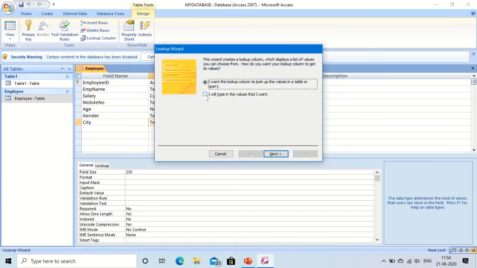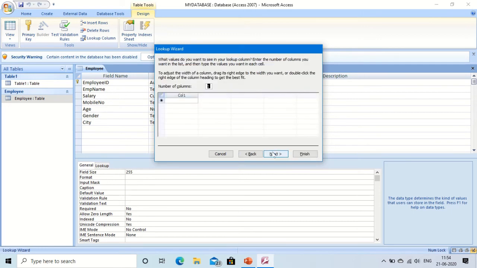Here you select I will type in the values, and mention the list of cities. Give here Surat, Delhi, Patna, Kolkata, Bangalore, or any other; you can give any city name.